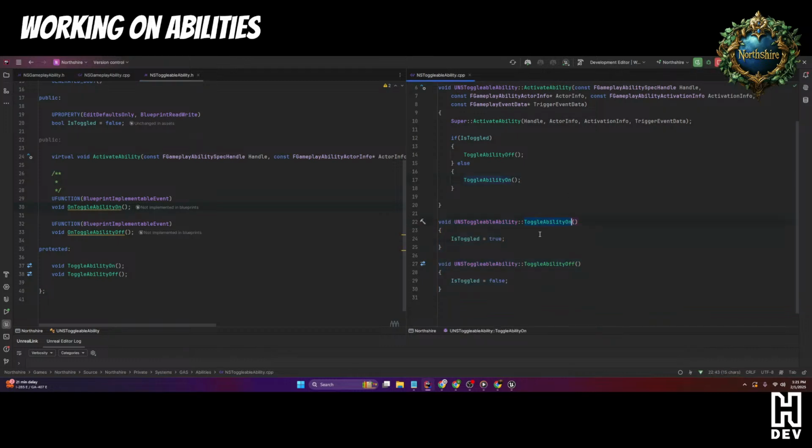So inside our toggle on ability, we're just going to go ahead and call on toggle on ability. This will allow me to actually add some custom implementation details inside blueprints. Because again, we want to expose what we're doing as much as we can to blueprints. Blueprints is such a great, easy way to build stuff. So what we can do is say